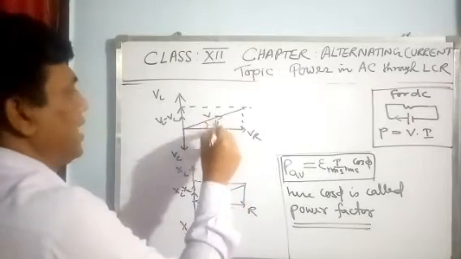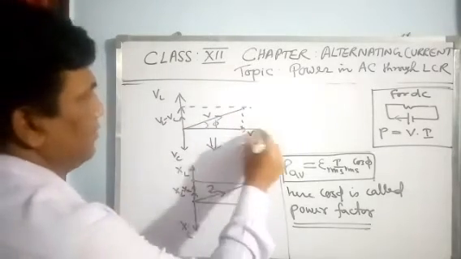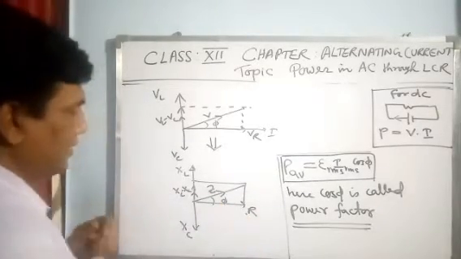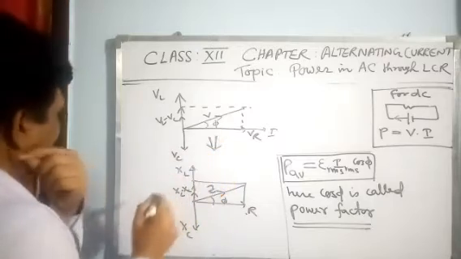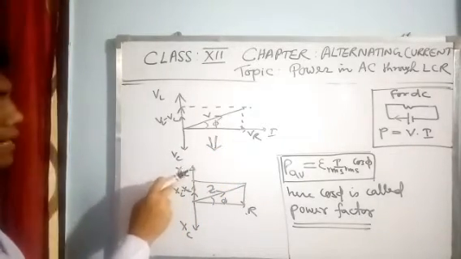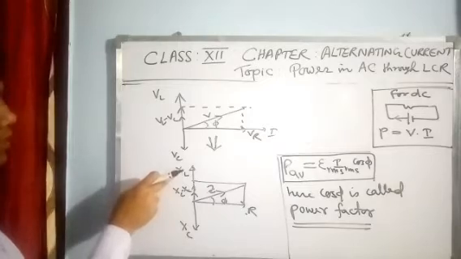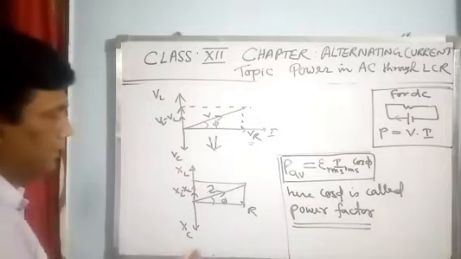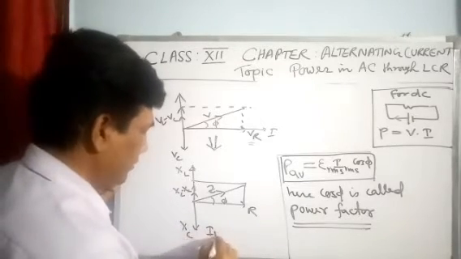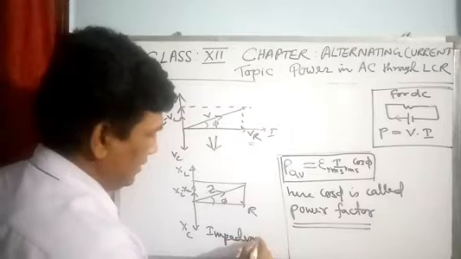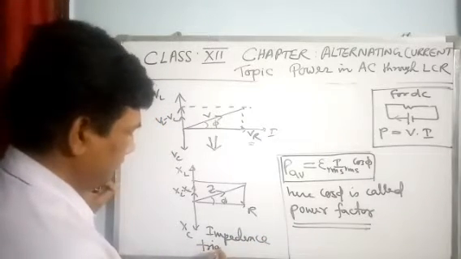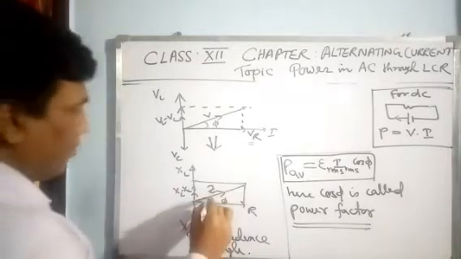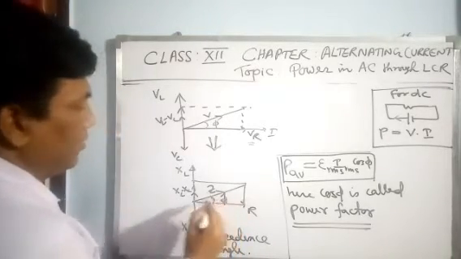That is phi, the angle between voltage and current, and this is phi, the angle between impedance and resistance. Both are the same only. Just multiply by current, you get this. Current into resistance is voltage. That is why it is also called the impedance triangle. Are you getting it, guys? Good. Now you see why the cosine of this angle is called the power factor.